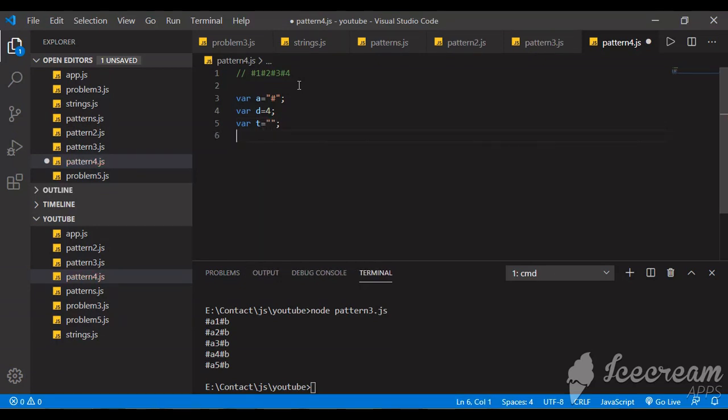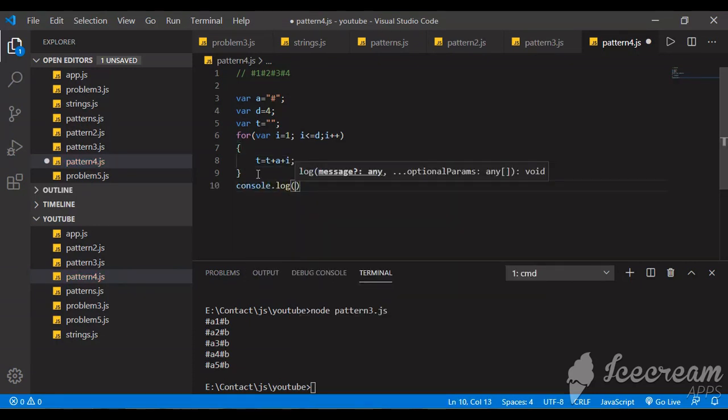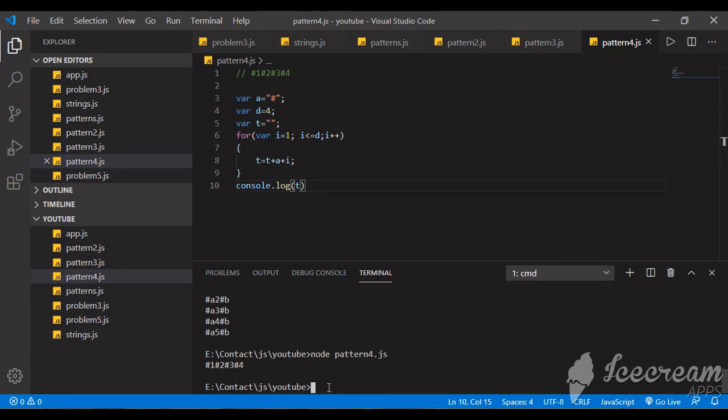After that I will use a for loop. For getting this pattern we have to write t equal to t plus the value, that is a, plus the iteration value i. Then we will console log it outside the loop to get the final value of t. Make sure to save it and then run it, and we have got the